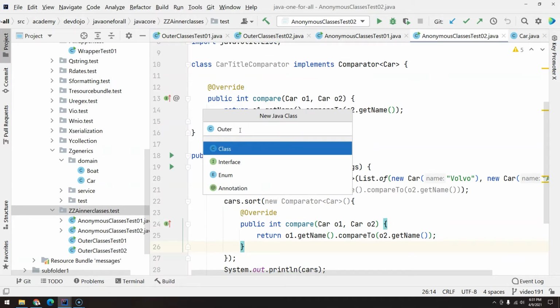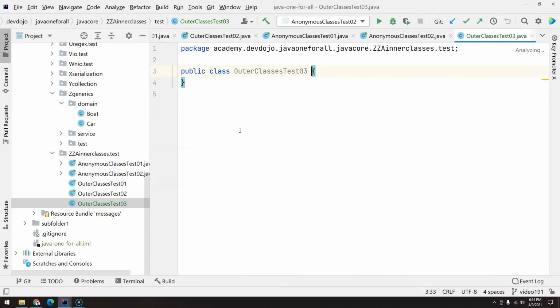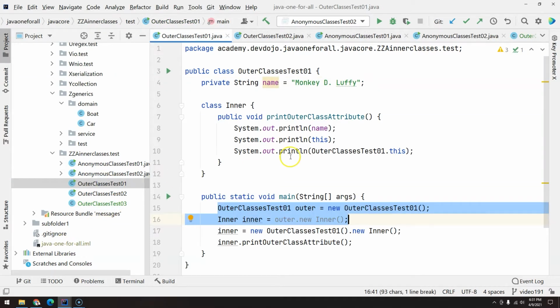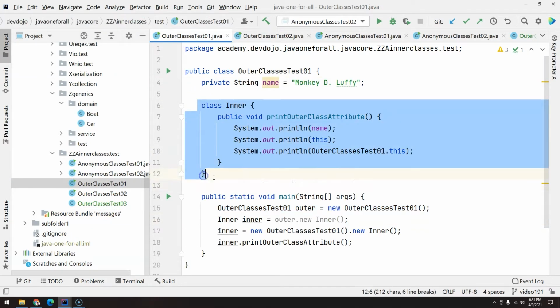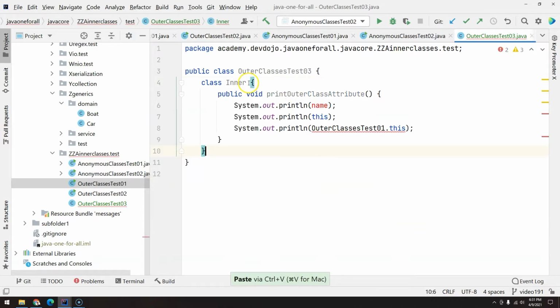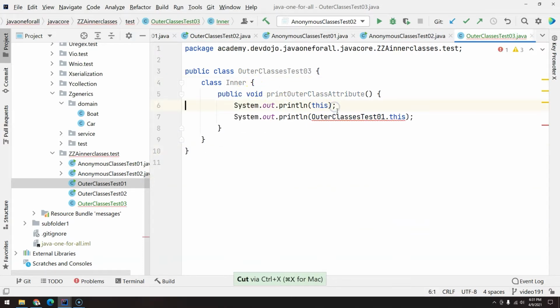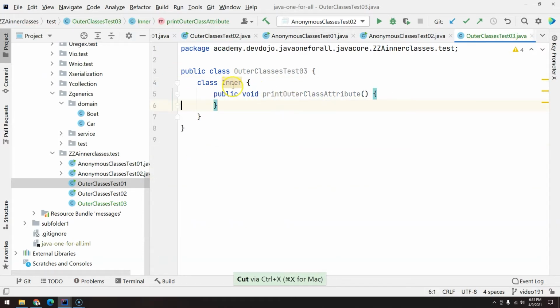So let's create here OuterClassesTest03. It's very similar to what we did previously in OuterClassesTest01. We have this inner class. We can even copy this entire inner class here, and we can use it here. Now, what's the difference when you have static inner classes? If you add static here,